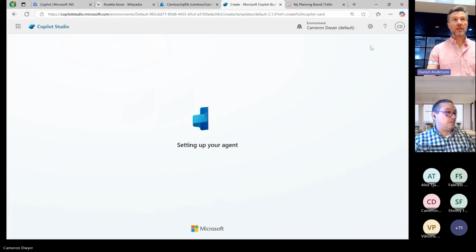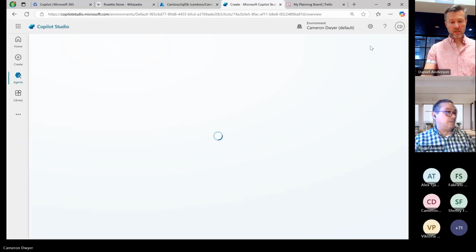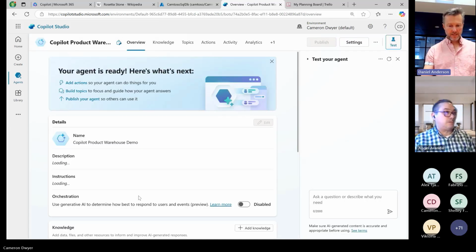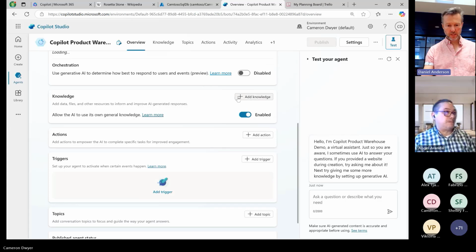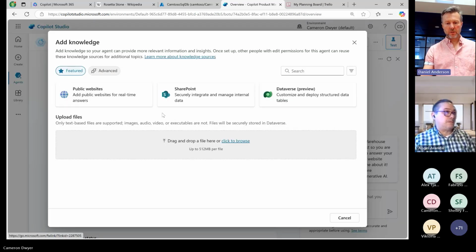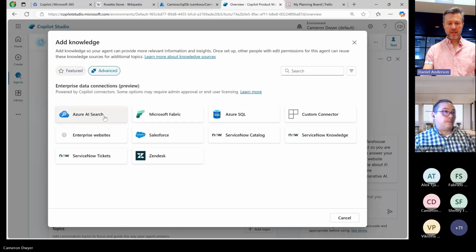Before we add knowledge, I'll hit create, because we can't actually add all the different types of knowledge sources until it exists and we've created and saved it for the first time. So we'll wait for it to do that. And then we're going to add knowledge sources to it. We can add knowledge to it just here. What we can select from is public websites, just URLs, any of our SharePoint data, and Dataverse. We'll come back to Dataverse. But what we can also add in is any of our graph connectors that we've set up.